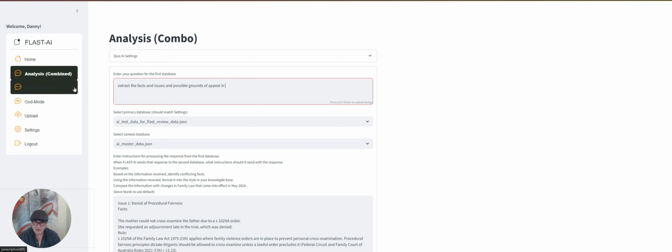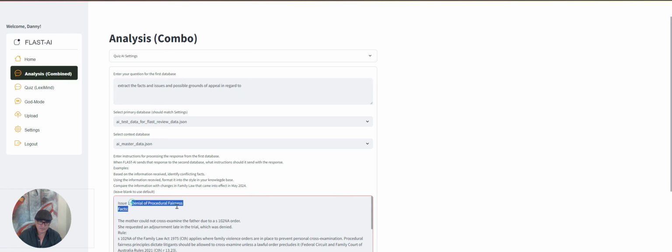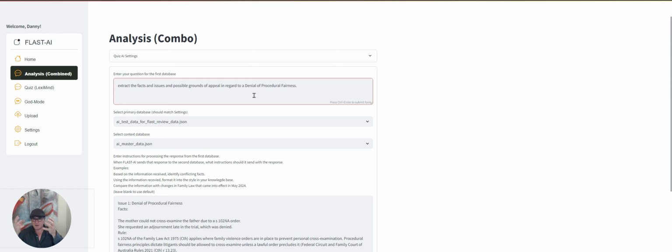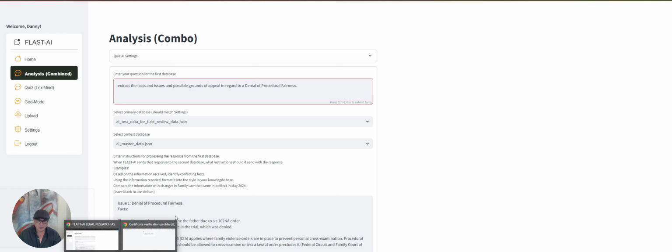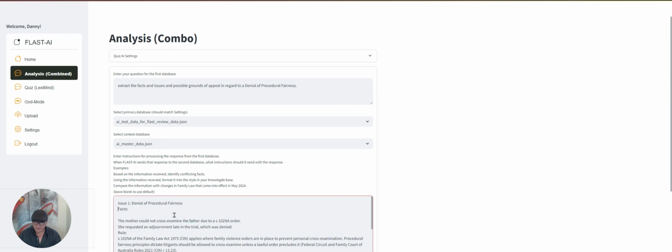So in regard to, copy that, in regard to a denial of procedural fairness. So we're analyzing the raw data from the case file, extracting that information, passing that through, and then we're telling it,